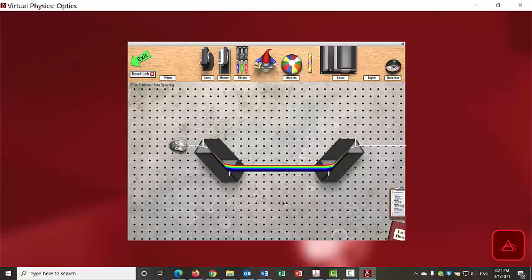Now we see a different image. So the light goes through the first prism and the second. Now we can answer the question